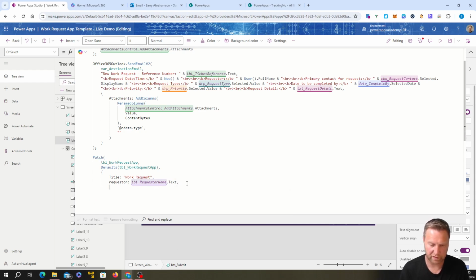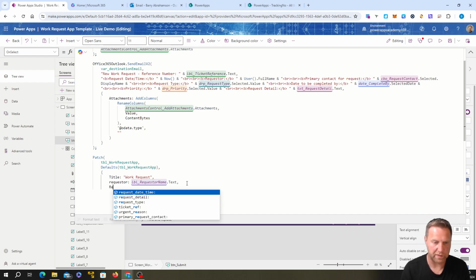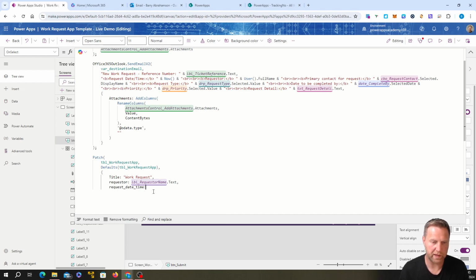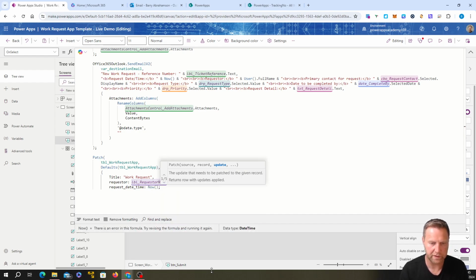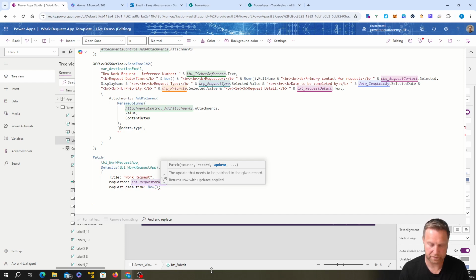Okay, next is going to be request date time. This is another column in my SharePoint list, and I'm going to just use the now to put in the date and time of when this was actually written. Okay, sorry, that's a comma. Oh, don't do that. Okay,